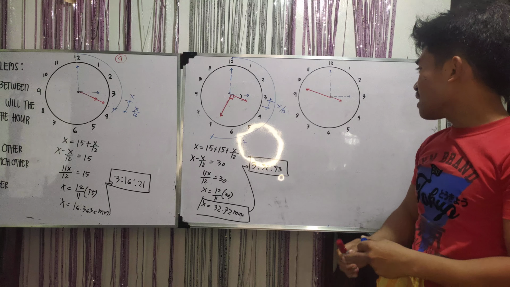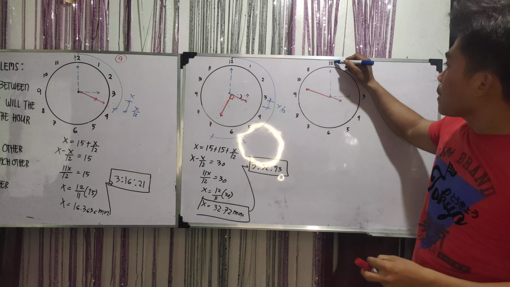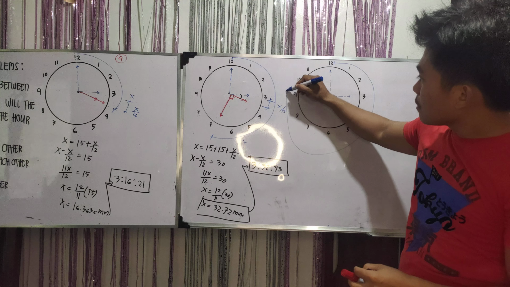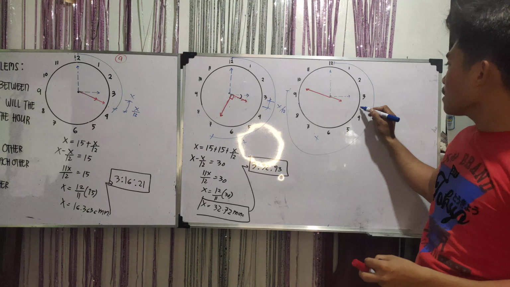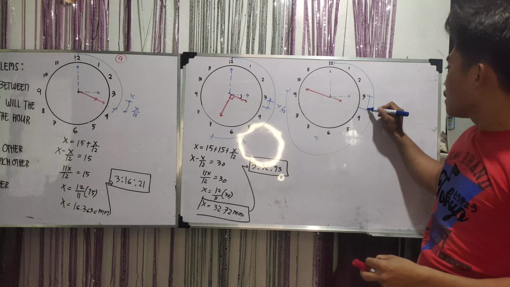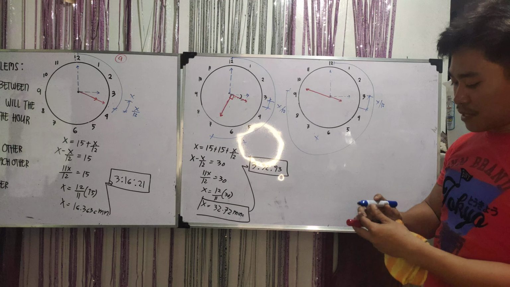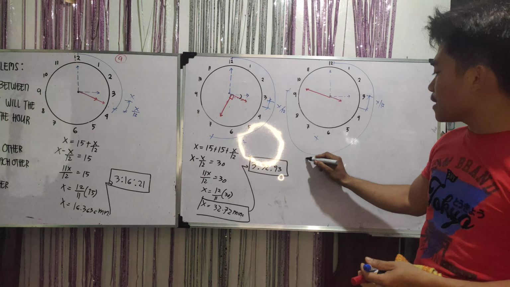Now, again, the movement of that minute hand, we will call that X. This is X. Now, how about this one? The corresponding movement of the hour hand is just equivalent to X over 12. We will now relate X para ma-solve natin siya. If this is X, the total movement of the minute hand,